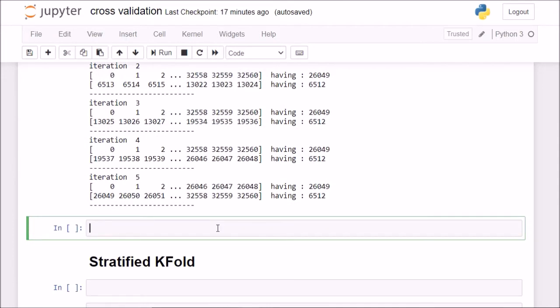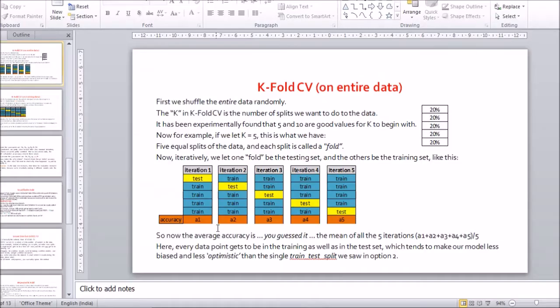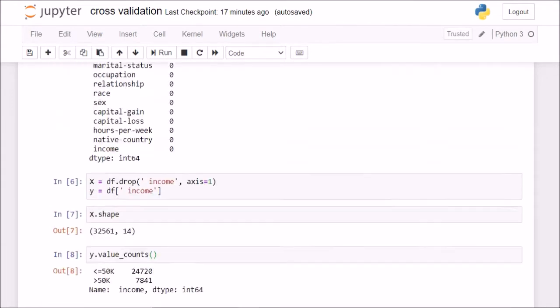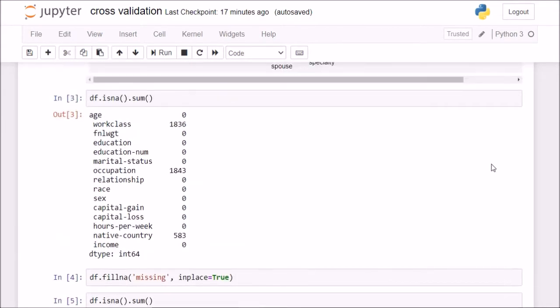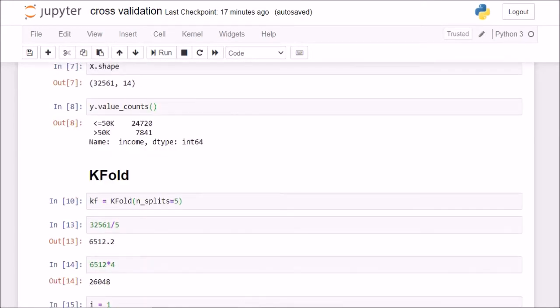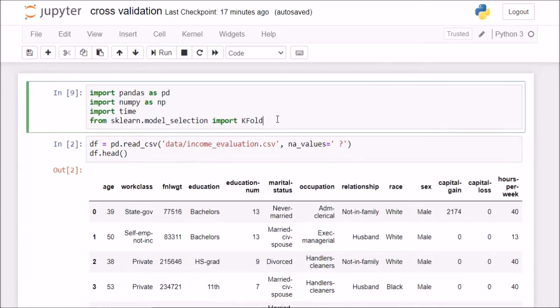Now we are going to apply this K fold to our dataset. Before we apply it, we know that after splitting up the dataset, we have to let one fold be the testing and 4 be the training. And now I also have to train my model, right? I have to train a machine learning model on these 4 training sets and then test it on this test set. For that I have to do a little bit of data pre-processing, because my data contains a mix of categorical and numerical columns. So for the numerical columns, I'll simply do a robust scaling, and for the categorical, I'll one hot encode them.